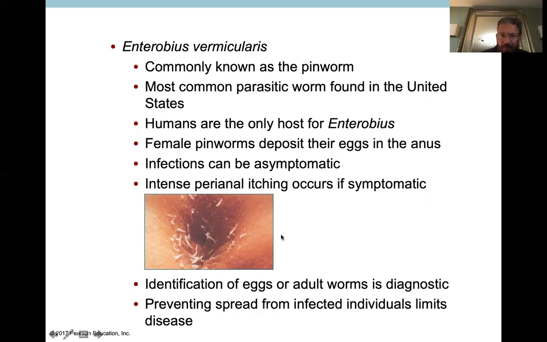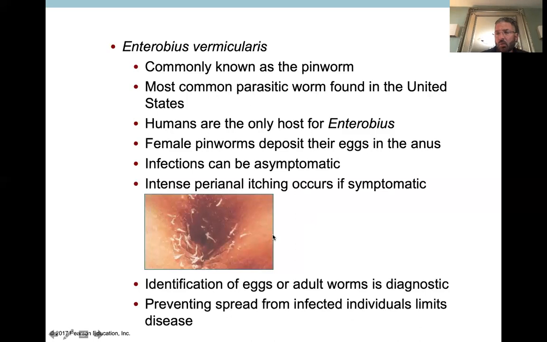Can be common in daycare centers or wherever children are. They're going to wake up. They're going to be itchy because the eggs are there. It's irritating. All right, it's under their fingernails. So now they go downstairs. They're kids. They open the cereal box with their hands. They fall in. Sister comes along, consumes them or whatever.